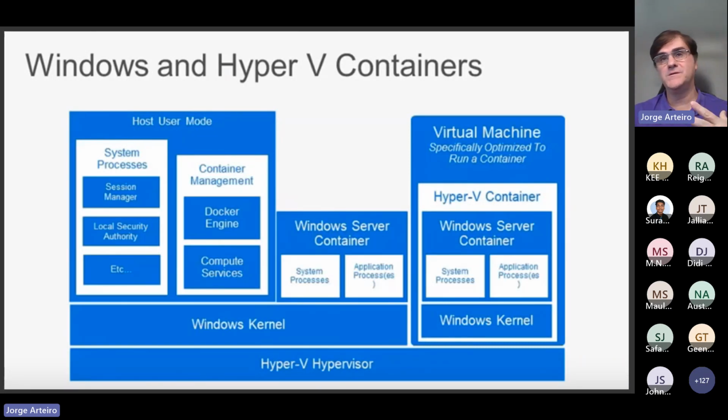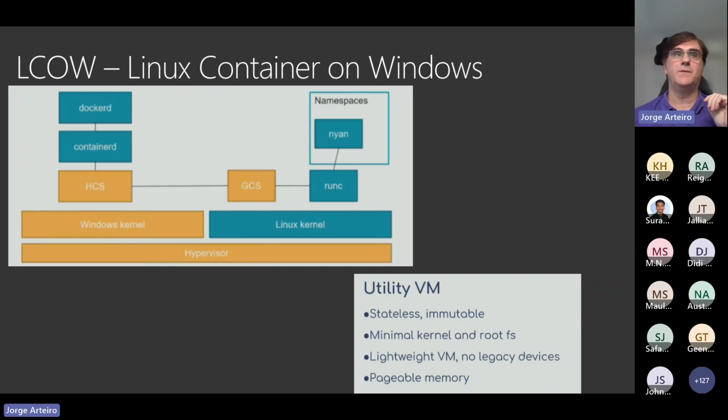And if you don't know, on Windows, the virtualization software that we use to create virtual machines is called Hyper-V. That's the name of the product that creates virtual machines on Windows. And now we have both. We have Windows and Linux containers. Another thing Microsoft created was running Linux containers inside Windows. That's pretty much what I'm using with what I call Windows Subsystem for Linux, using the same technology where I'm able to run both Windows and Linux kernels on Windows.